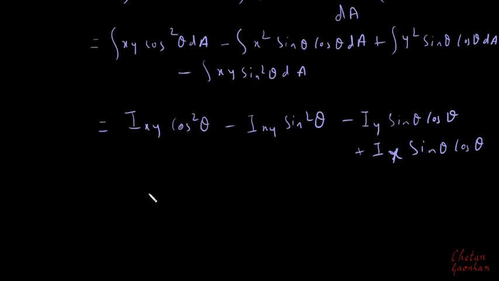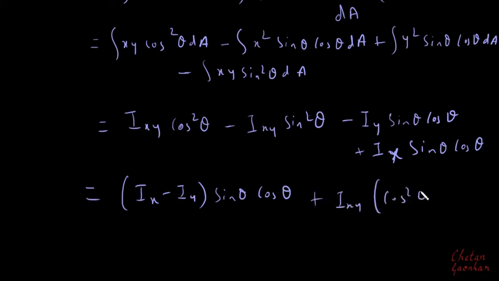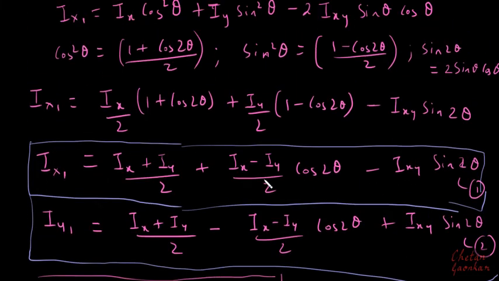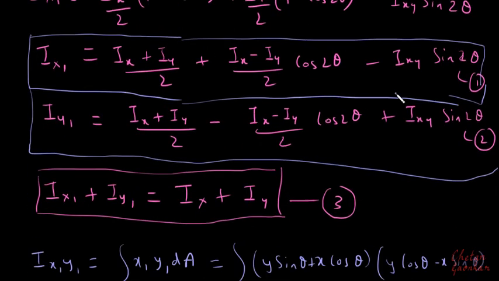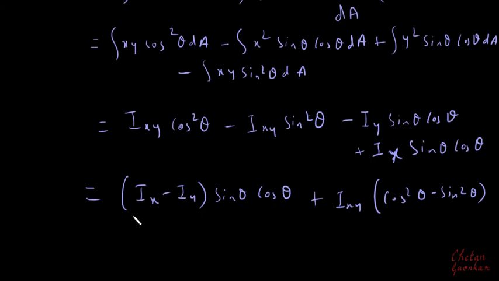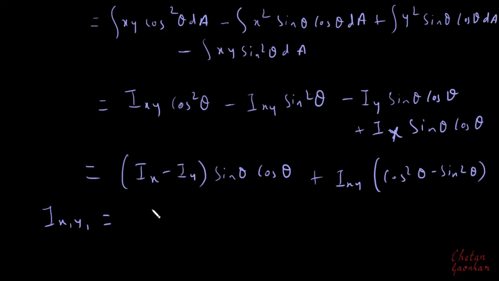Now if I group all this together, I should be able to write this as Ix minus Iy, that is this term, multiplied by sine theta cos theta, and then if I group this term together, it will be plus Ixy times cos square theta minus sine square theta. And again, if I use the trigonometric identities which I had used here, finally I should get Ix1y1 equal to (Ix minus Iy) by 2